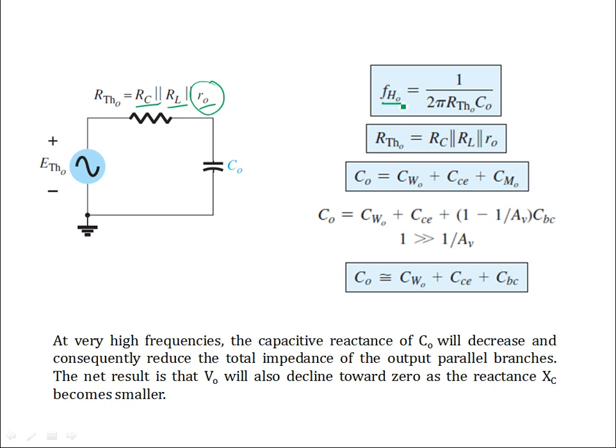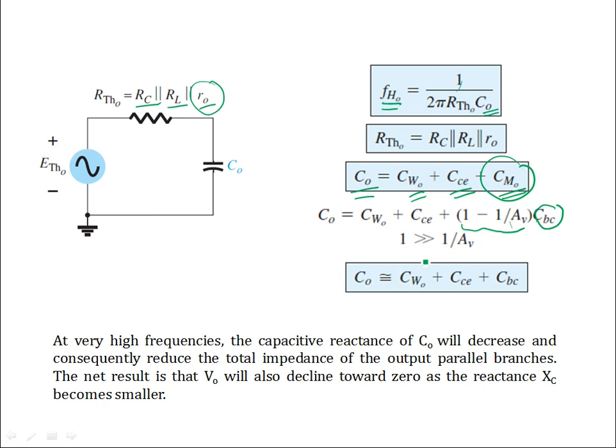Now FHo, the cutoff frequency because of this will be 1 by 2 pi RTHo into Co. Here you see Co is the sum of CWo and CCE and CMo. Again Miller effect capacitance on the output is coming here, isn't it? So here CBC, how is it affecting the output capacitor? Here you have derived this expression, 1 minus 1 by Av into CF. Here CF is nothing but CBC. Okay, so we are incorporating the effect of this gain also in the output capacitance from the analysis of the Miller output capacitance. So CWo plus CCE plus CMo.